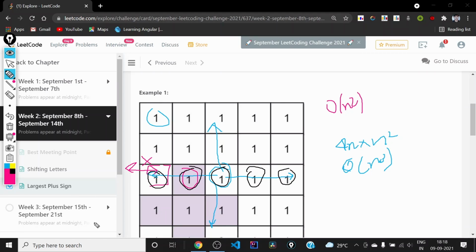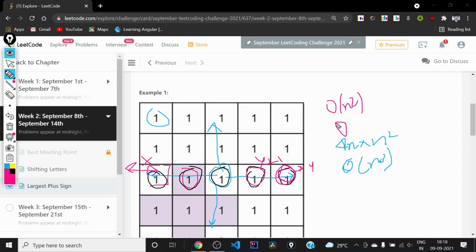And similarly, using a similar approach for calculating the right, we can depend on the right span of the neighboring cell. Suppose the right span of that cell is y, which means there are y consecutive ones present towards the right of it. So if there is 1 present at this cell, then there will be y plus 1 cells containing 1 present towards the right of this cell. And if it is 0, then there will be 0 cells present towards the right. So this is how we will be calculating the right span of each cell.